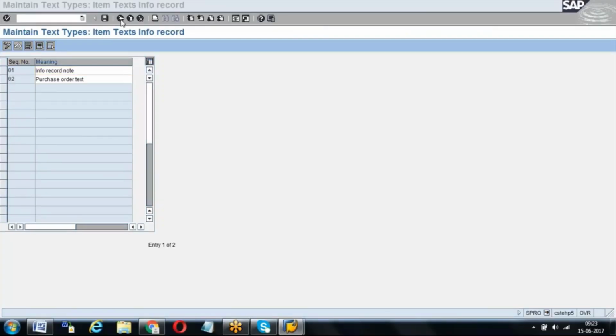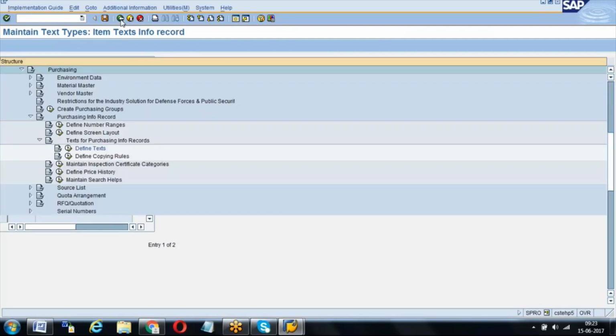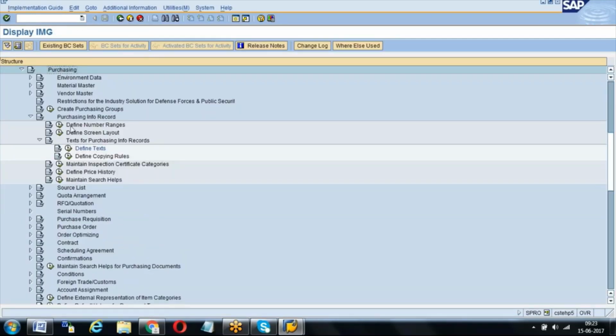See, now we are at SPRO, Material Management, Purchasing, and Info Record. Then we are coming to Define Text. I have shared the transport request video where I explain what a customized request is and what a workbench request is.